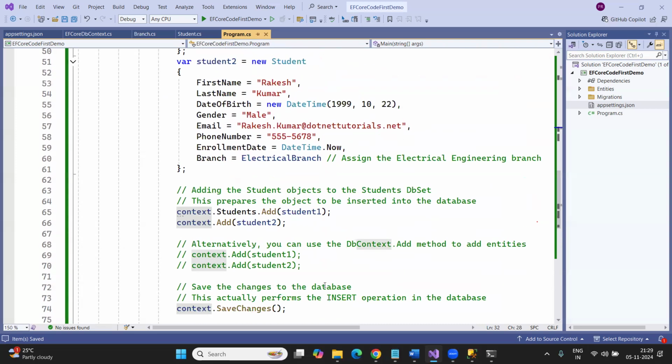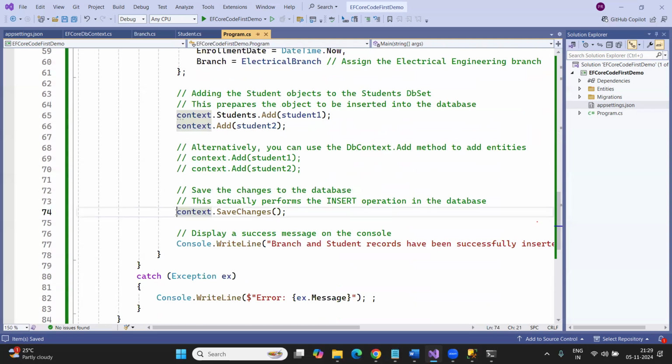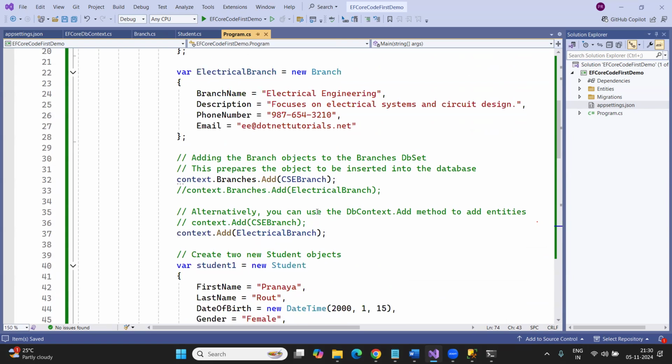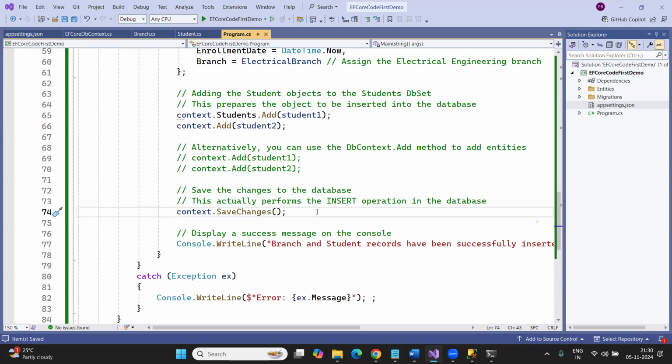Clear? And for the Added state, guys, remember, until and unless I call the SaveChanges method, these are not going to be stored in the database. So here it is only added to the context object, but not to the database. So when is it going to be added to the database? When I call the SaveChanges method. When I call the SaveChanges method, it will establish the connection to the database. Based on the entity state, it is going to generate the appropriate SQL statement. And in this case, all these four entities are going to be added to the database. So four SQL statements are going to be generated and inserted into the